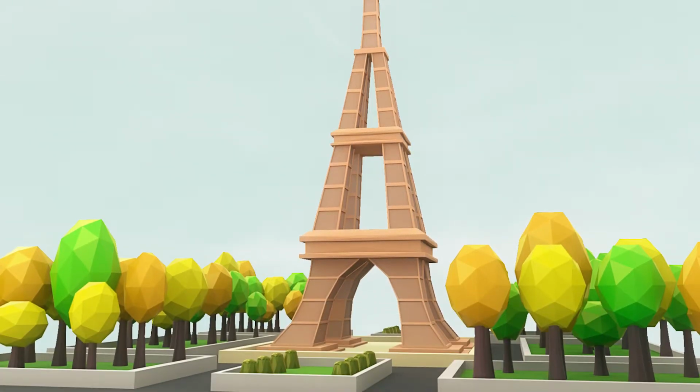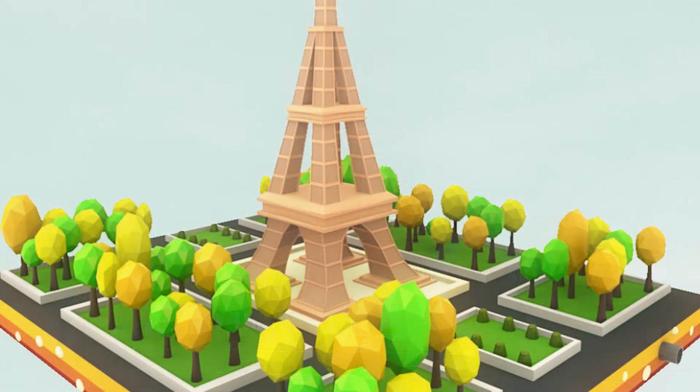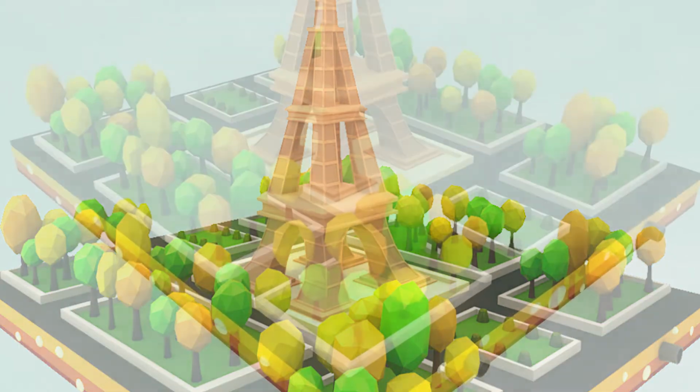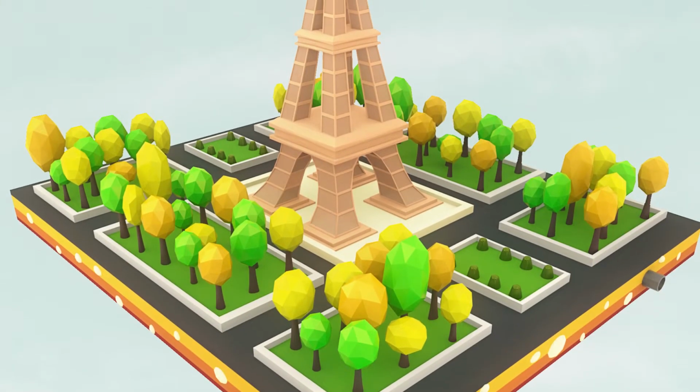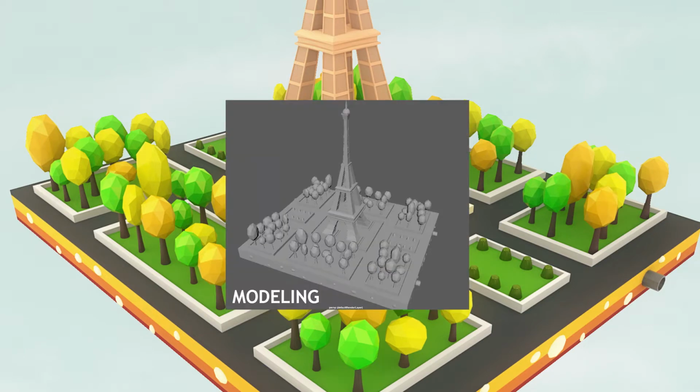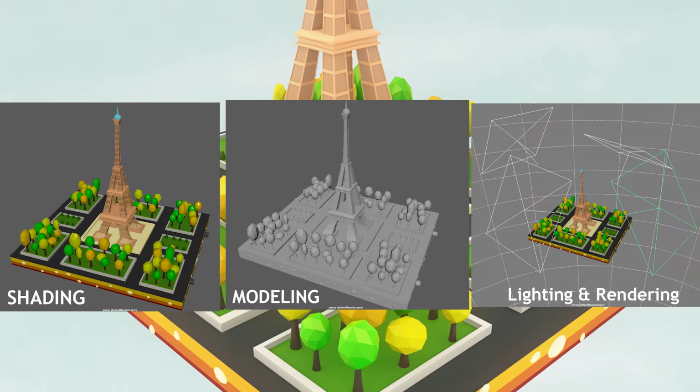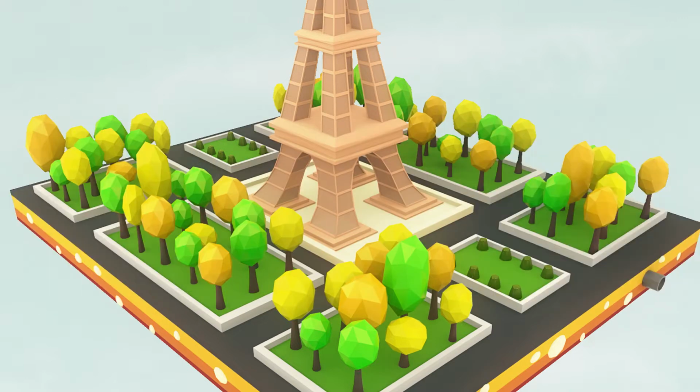This is Abhijit from rgbtutors.com, and in this video we are going to take a look at creating this lowpoly environment from scratch. So these are the final renders that we will be trying to achieve. We will see all the steps from modeling, shading, rendering to final composite. So to make this video not so boring and long, I will upload in 4 different parts. 2 videos for the modeling, 1 for the shading and rendering, and in the last part we will see how